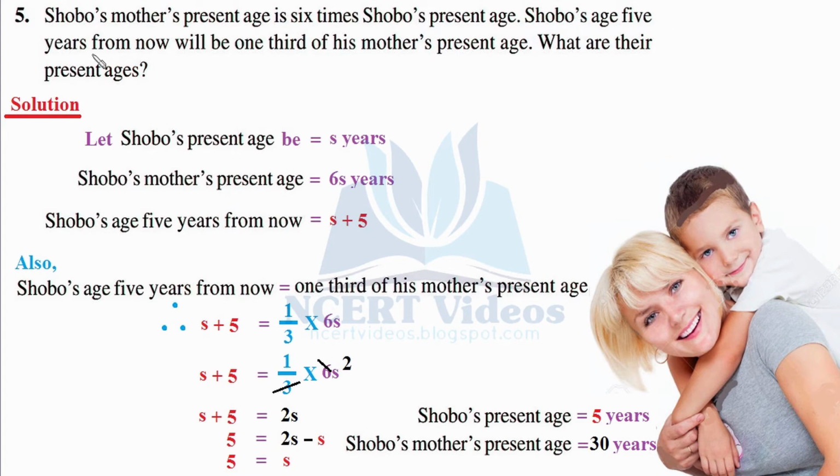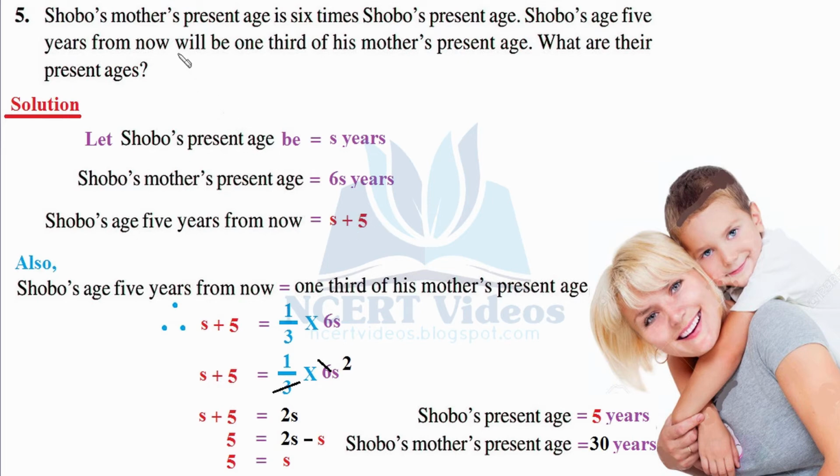Shobo's age 5 years from now. Let's stop here itself. First of all, find what would be Shobo's age 5 years from now. So if you are 15 right now, after 5 years, you would be 20 years old. It is simple. We just add 5 to it. So we did the same. Shobo's age 5 years from now would be his present age, which is S years, plus 5. We didn't write years in this. You may write it, but we will straight away write in the answer part because this thing represents age and age is considered in years.